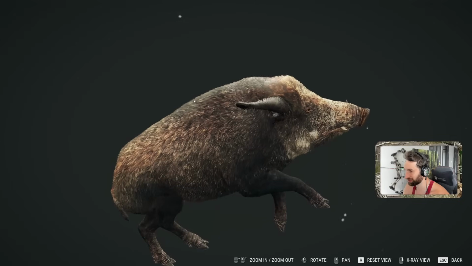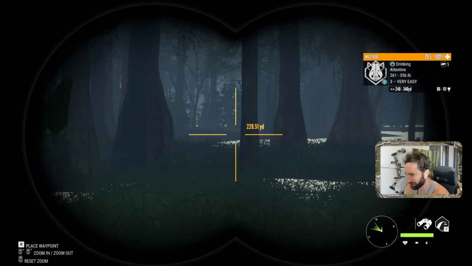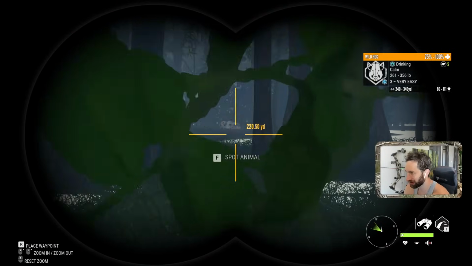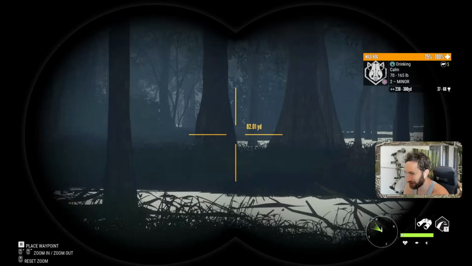Look at the tusk, that's a big old boar. I mean, I knew he was big, but I didn't know he was that big. We got a real nice wild hog out here at 250 yards out, but he's actually behind some brush here, so the shot is not gonna be super easy. I think what we might end up doing is waiting for him to step out in the open here, because